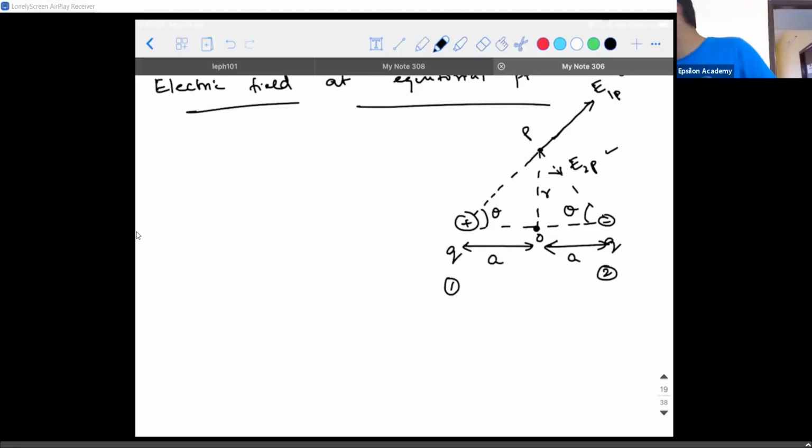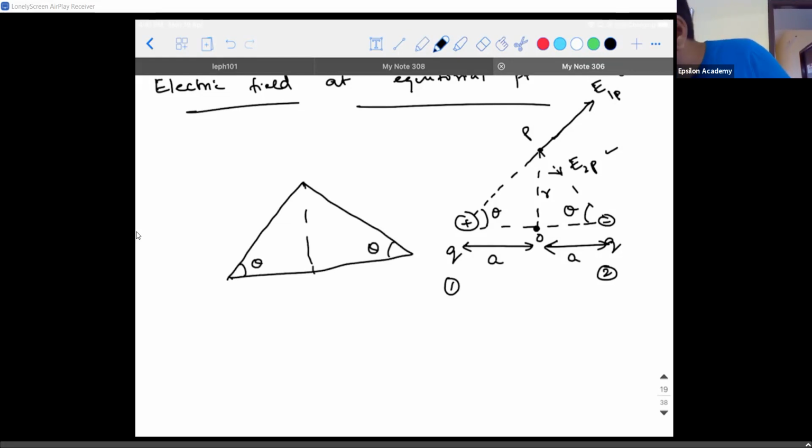So if I take the base angles to be theta with respect to this triangle, I'm going to shift all these things to the point P. Okay. Look at the way I'm going to draw. I'm considering only the triangle. If I take this as theta and this as theta, if this is dropped and this is extended. Okay. This is E1P, right? I'm not drawing any arrow marks. Now look at the geometry.